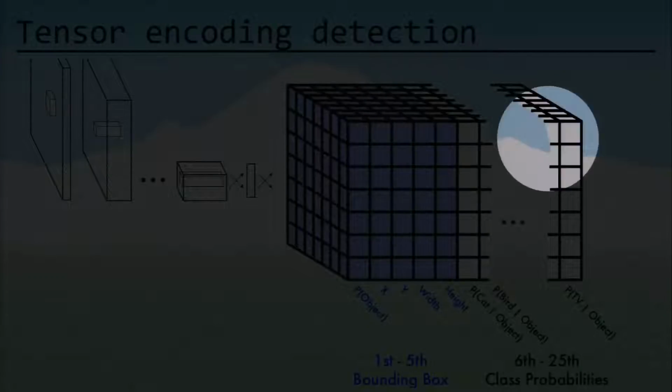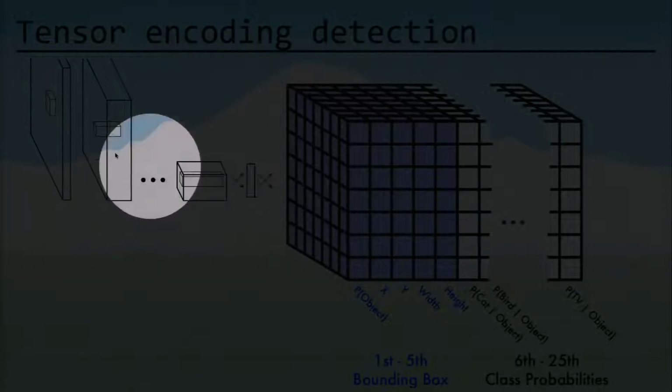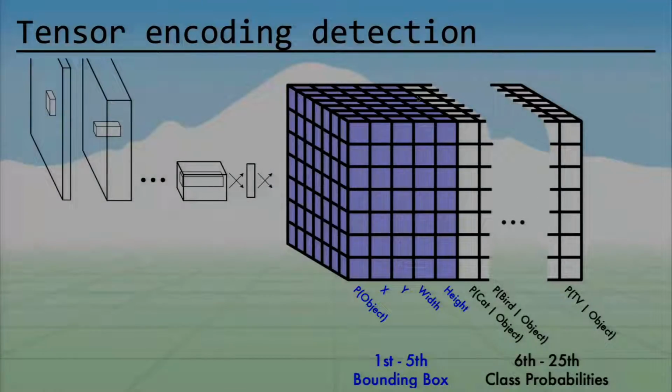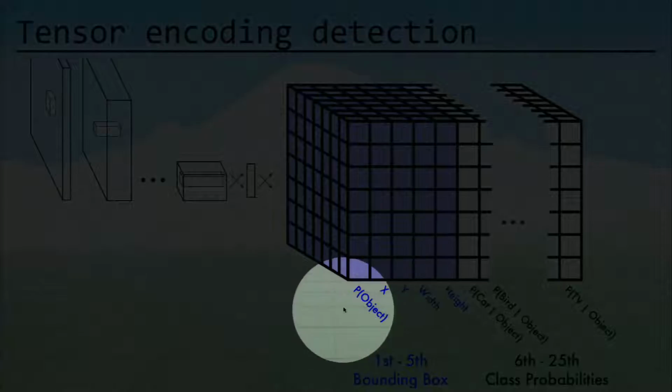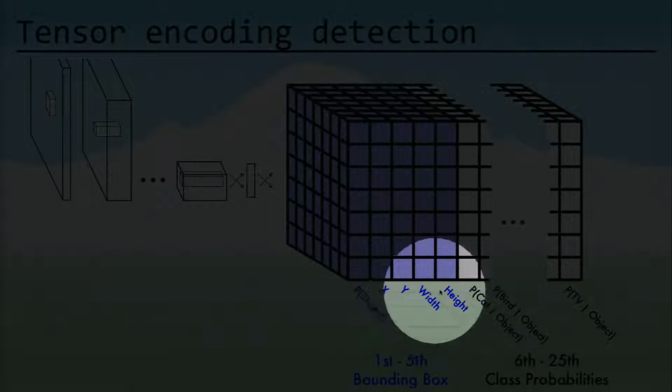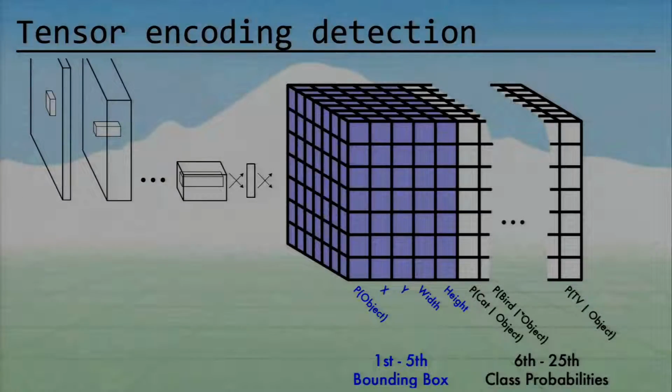So we have our neural network here. We put in an image, we process it. What we get out is this tensor, and this tensor is going to encode basically all of the bounding boxes and class probabilities for an image. So it's going to have some stuff about the bounding box, like if the bounding box contains an object and how big the bounding box is. It's also going to have these class probabilities that say, if there is an object, what is the object in